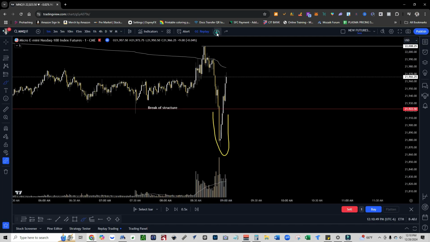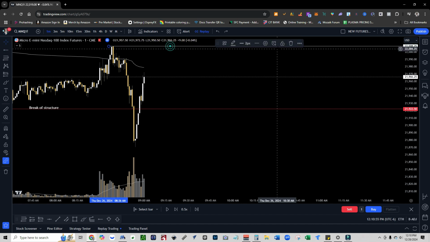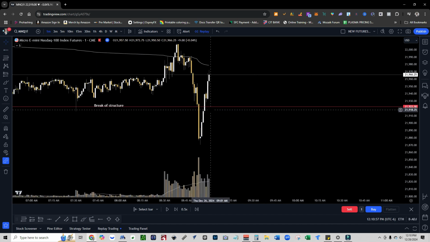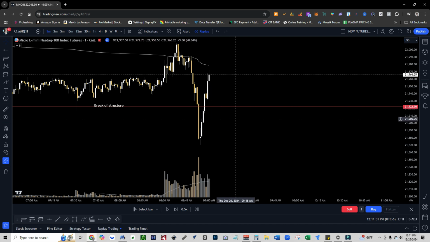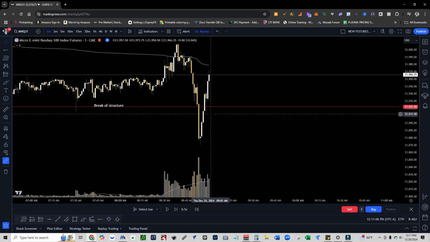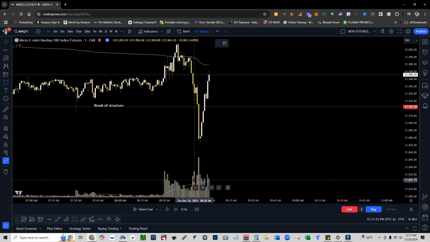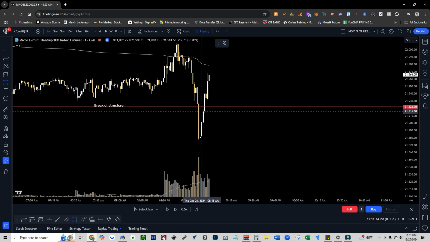So everything's looking pretty good. So now what are we gonna do? We're gonna go ahead and start looking for, let me take this off, we're going to start looking for the fair value gap, right? So where is the fair value gap? The ones I like to look for, because you can have a little one in here and then another little one in here, but the one that is more powerful is the fair value gap that will form at the break of structure, right?